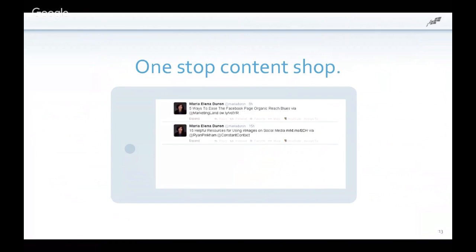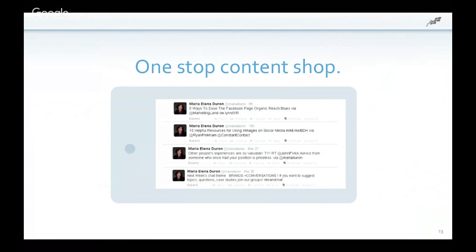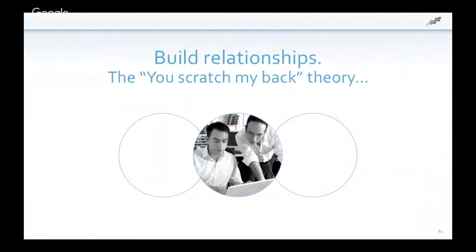So Maria includes articles that she's found on the internet that she thinks her audience would be interested in. Notice she always includes the handle or the @name of the author. She retweets people she's following, and she promotes things that are going on in her world to connect up and to broadcast, additionally promoting the content and the things that she's working on.